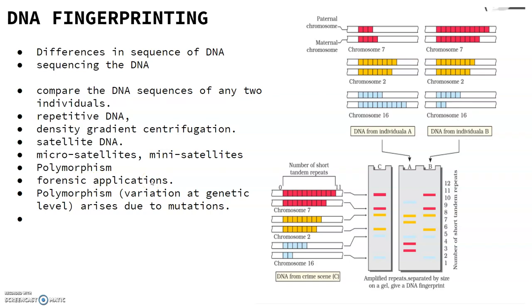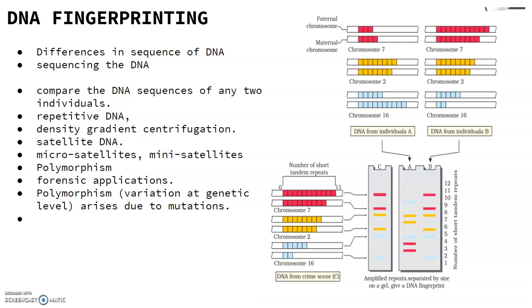Polymorphisms are inheritable from parents to children. So DNA fingerprinting is also the basis of paternity testing in cases of disputes, where the child needs to be identified as belonging to which parents. So in checking parental disputes, the DNA fingerprinting technique is generally used. Now polymorphism in the DNA sequences is the basis of genetic mapping in the human genome.